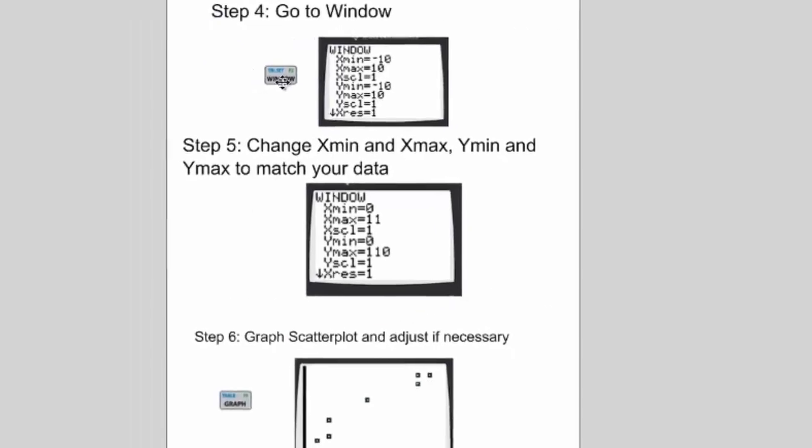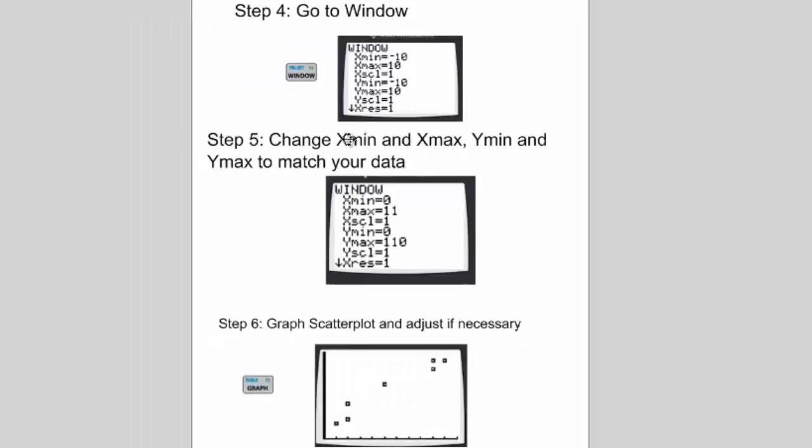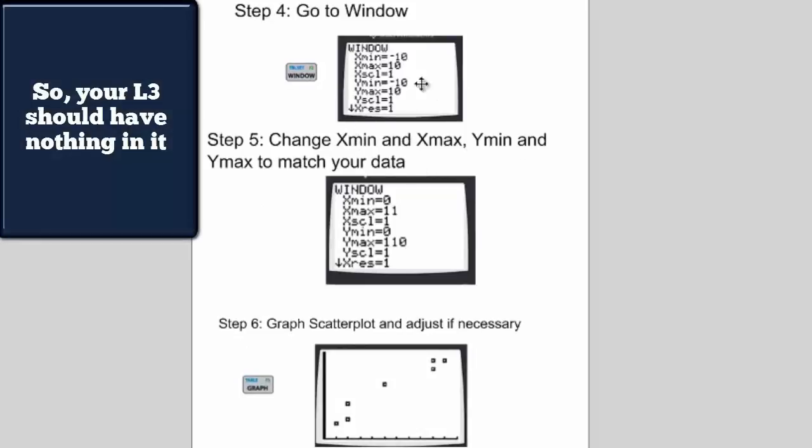Okay, and then before you graph it, you want to go to your window, and actually this right here shows you how to change your X min and your X max based on your data. So here by default it's -10 to 10 on both X min, X max, Y min, and Y max, but our data set doesn't have any negative values for X and Y, so I changed it to 0 and 11. So the highest homework done was 10, so I went to 11. And I went from 0 on the X min to 110 on the X max because the highest